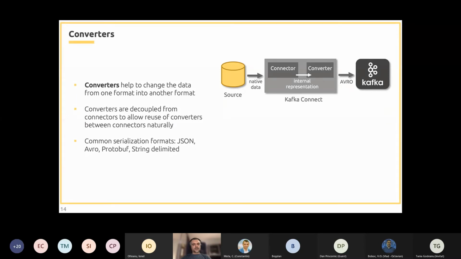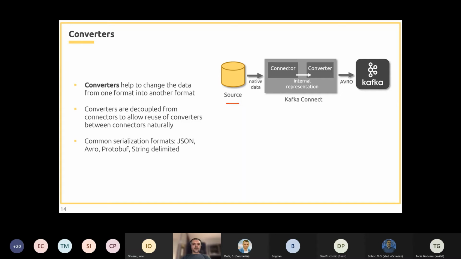So let's see a bit the workflow of our data. In the case of a source connector, our connector is reading our data, which is stored in a native format specific for that external system.